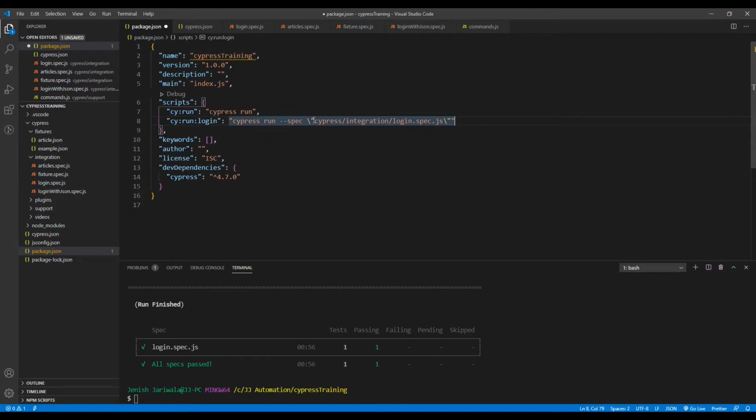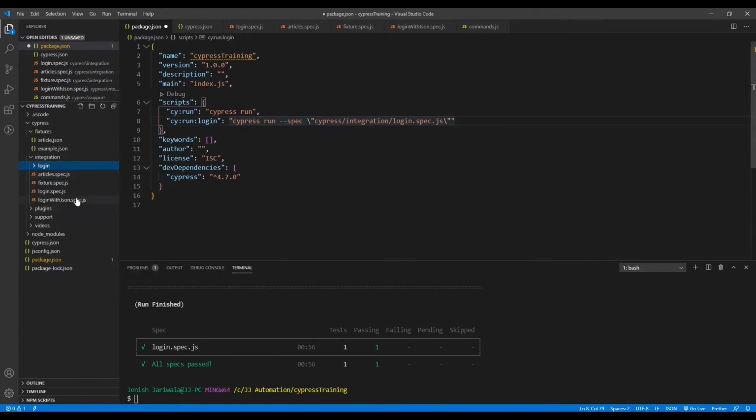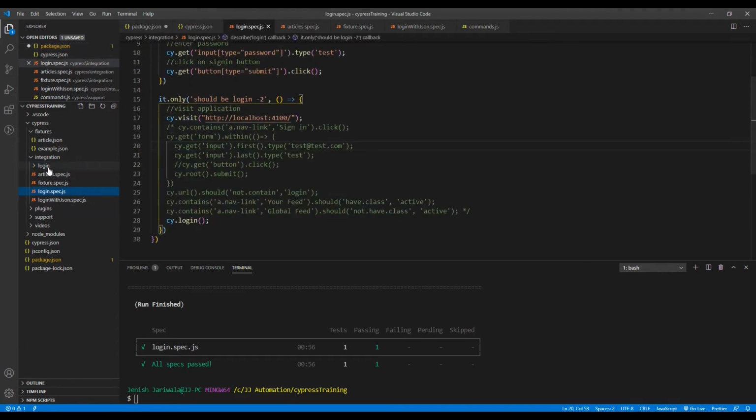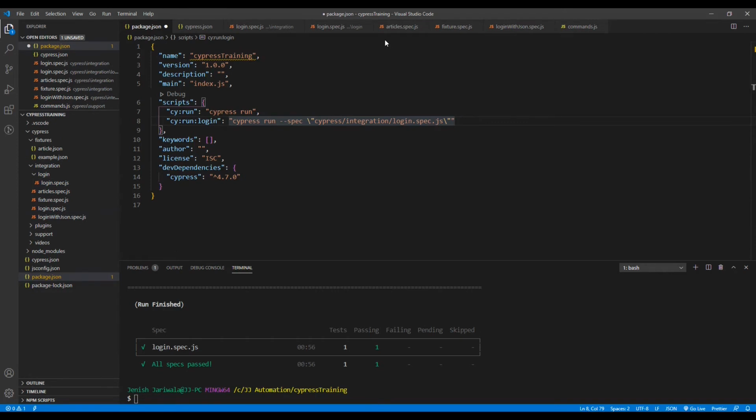Let's take one more example, to execute the tests within a folder. To understand this example, let's create a folder named login under the integration folder. Let's copy the login.spec file and paste it inside the login folder. Now go back to the package.json file.